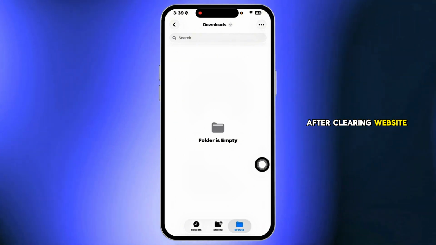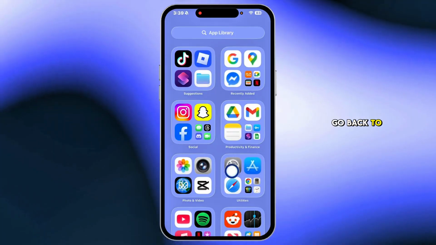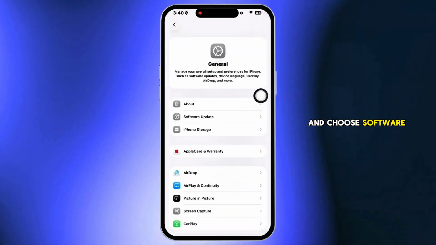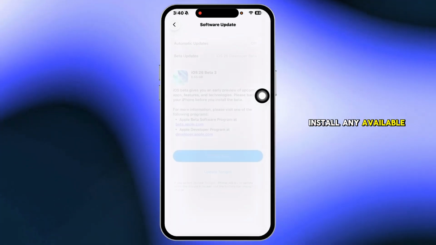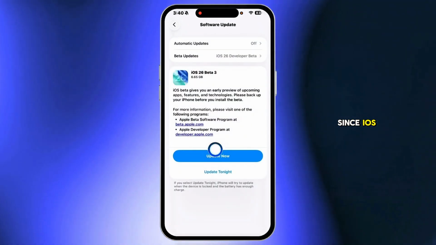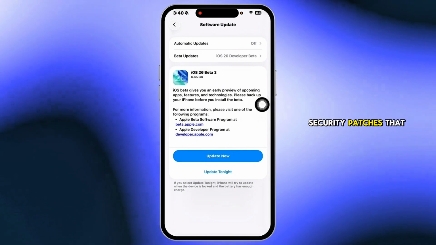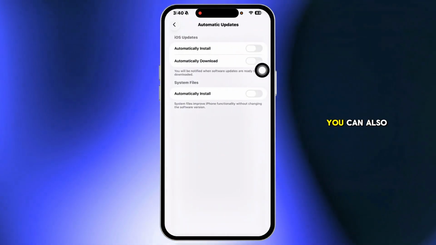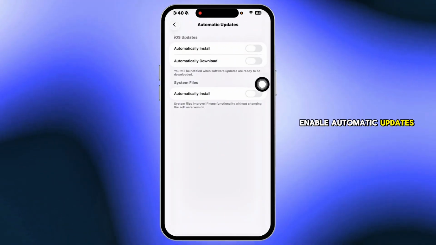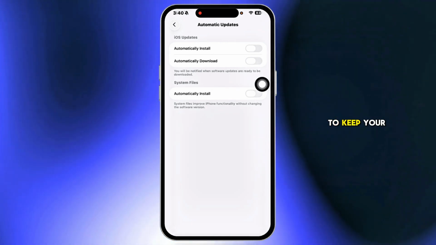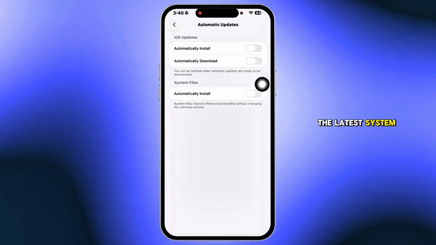After clearing website data and downloads, go back to Settings, tap General and choose Software Update. Install any available updates, since iOS updates often include security patches that remove hidden malware. You can also enable automatic updates under Software Update to keep your device protected with the latest system files and